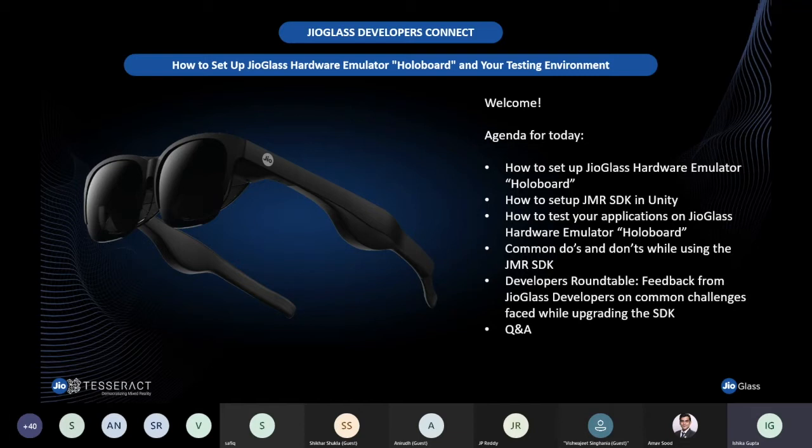And this interactive session, which is being led by Devesh, will further help you get a hang of HoloBoard, where he will walk you through the setup of the companion app, build properties, inserting phones in HoloBoard, and of course, test the final build.